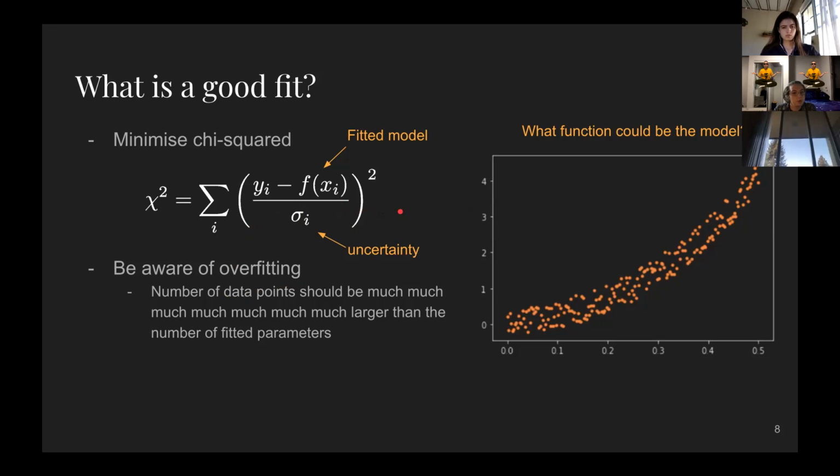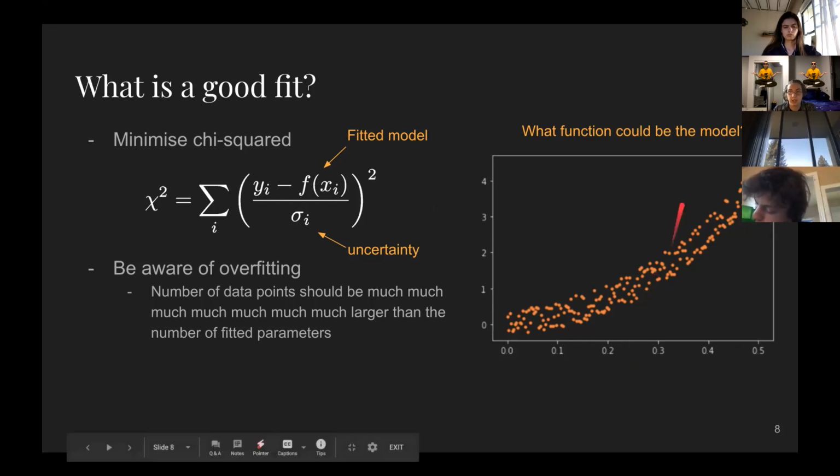But yeah, and then you should always be aware of overfitting. So make sure that whatever data set you're fitting, it has many, many more data points than the number of parameters you put in. And we'll talk about the parameters a little bit more, but the parameters are those degrees of freedom that can be changed in order to make your function fit the data better. Think of an example, the slope of a line and the y-intercept of a line, right? Those are your two free parameters. And you definitely don't want to have two data points to fit two parameters. I mean, it can work because it's a line, but for a much more complicated function, say you have 10 parameters, that's definitely going to be a no-no. You don't want to do that. You want to have lots and lots of data points to do this with.